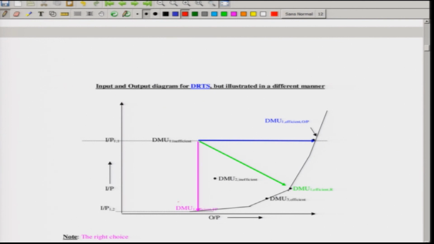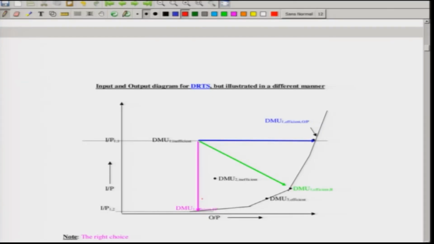So, if you keep increasing the inputs, then the curve would just be the mirror image, the inverse one, with respect to the case where you had the outputs along the y axis and the inputs along the x axis. So, in this case again that set of DMUs would be on the upper side of the curve. You can either move vertically down or you can move horizontally to the right.